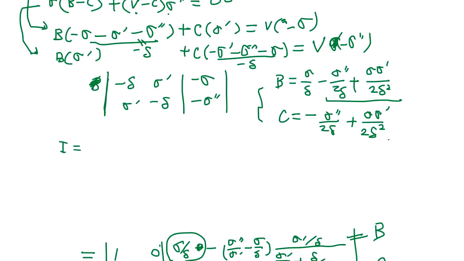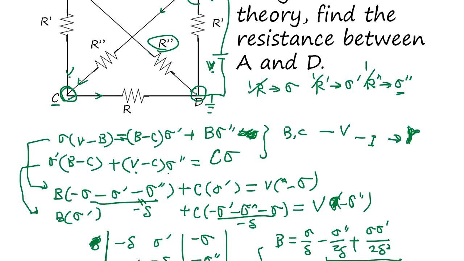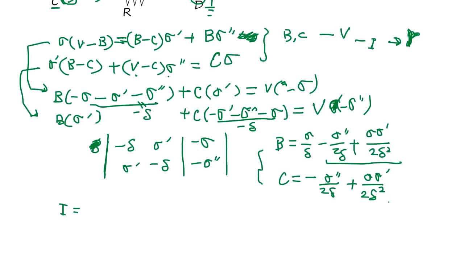I equals the 3 current, which is V minus B. Let's see. Don't forget, these all have a V, here and here. So V minus B